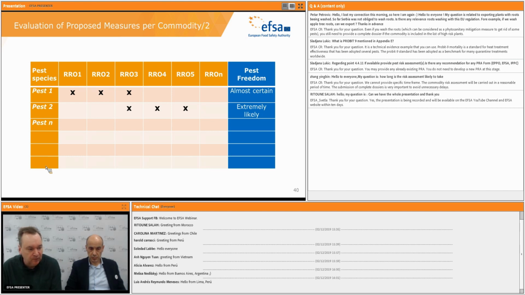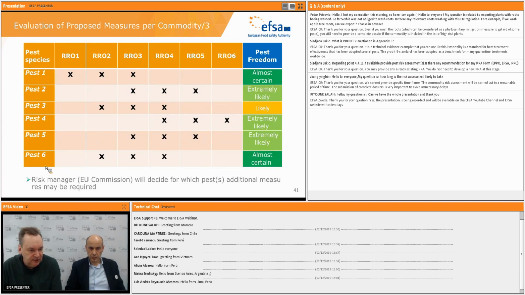So suppose in this example there are 6 actionable pests identified. And then for each pest, EFSA will do the evaluation for all the measures. So we will assess which measures will be effective against that particular pest. And we will then rate what's the likelihood that pest freedom is achieved based on the measures that are active on that pest. So in this example, you see there is 1 pest, so pest 3, where the conclusion is, well, it's likely that pest freedom is achieved. So here, the experts have some doubts that pest freedom is achieved